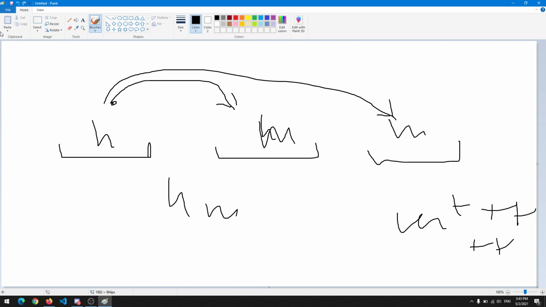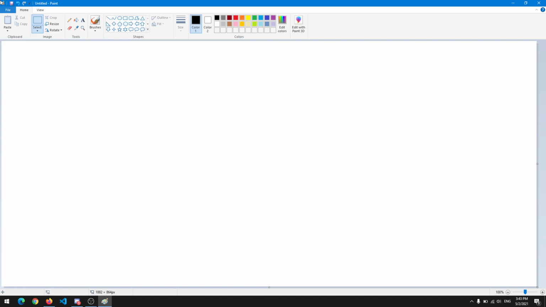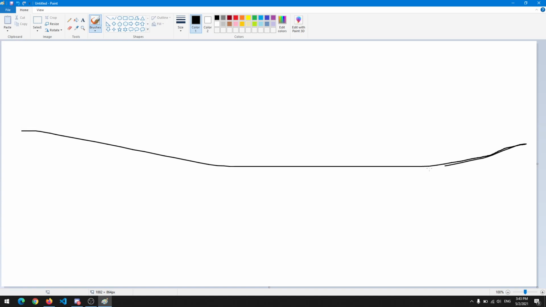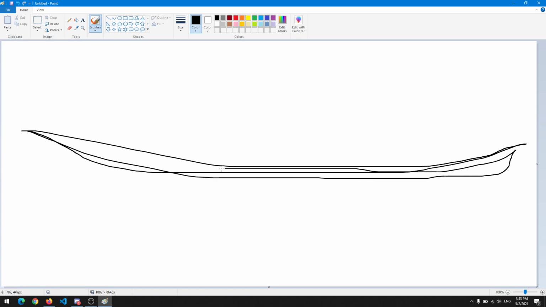One thing to note is, for example, we have a long string, and we have a heavy here, and two metals here, and three metals here.